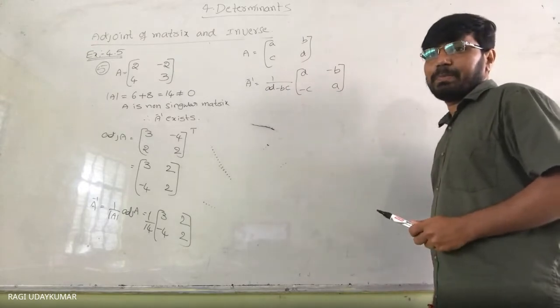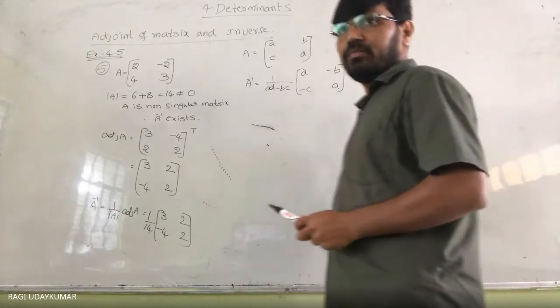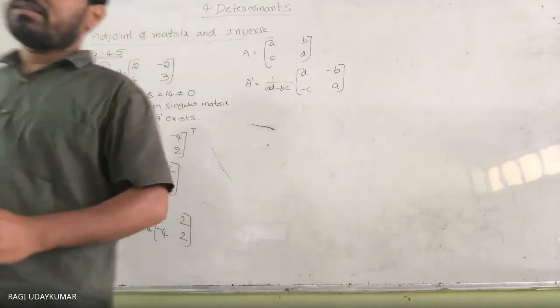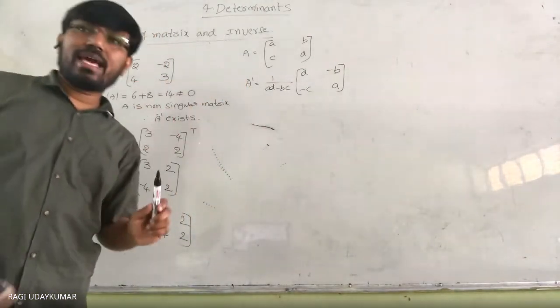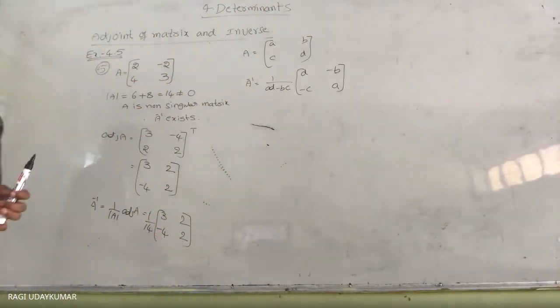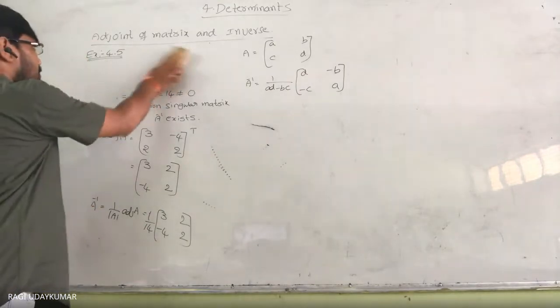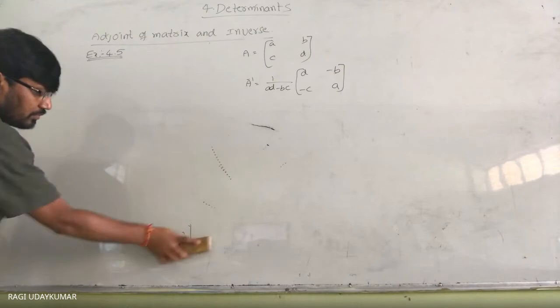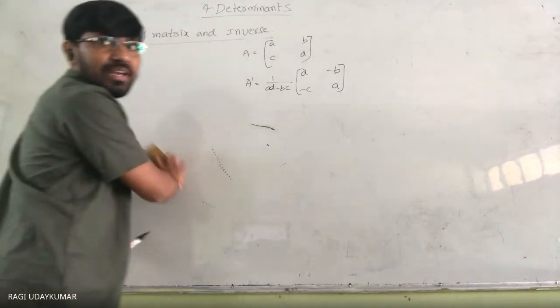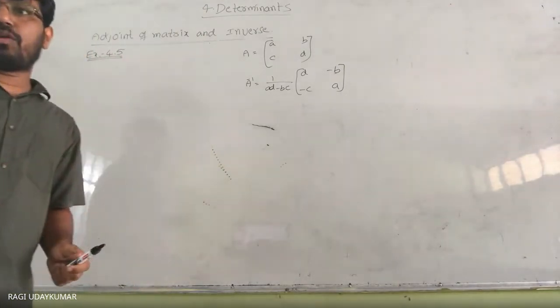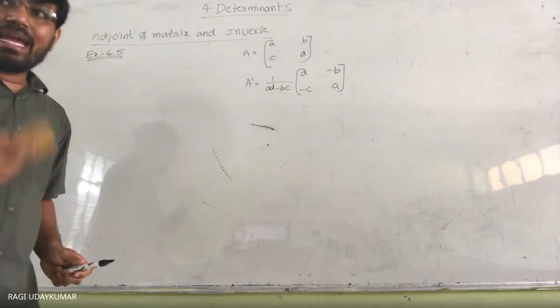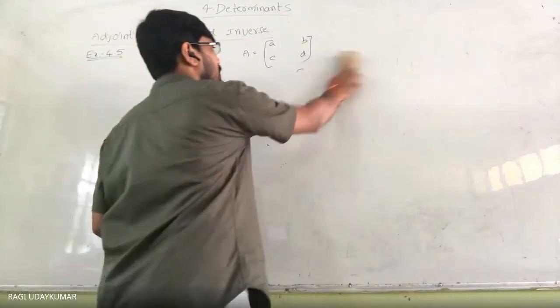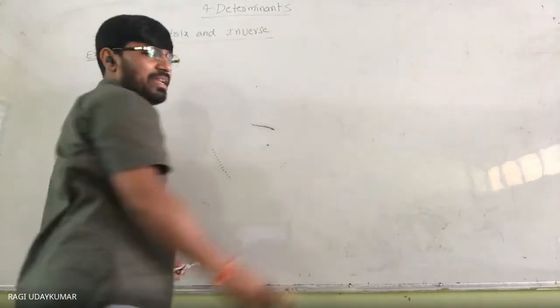Okay, so this is a 2 by 2 matrix. Even you can use the direct formula, but better you know the procedure, so that's why I have explained this one. So now let us move to the next problem here. Problems 7, 8, 9, 10 are all examples. In these 4 problems, one problem I will explain to you, the remaining you do it.